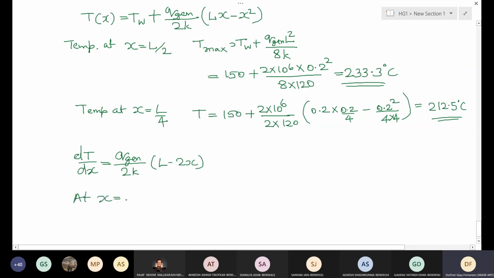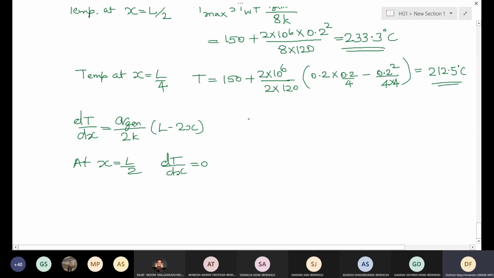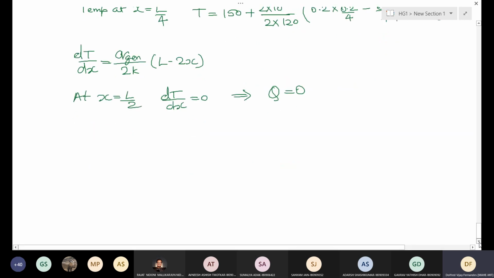At x equal to L by 2, you know already dT by dx equals 0, so that implies Q is equal to 0. And at x equal to L by 4, dT by dx equals